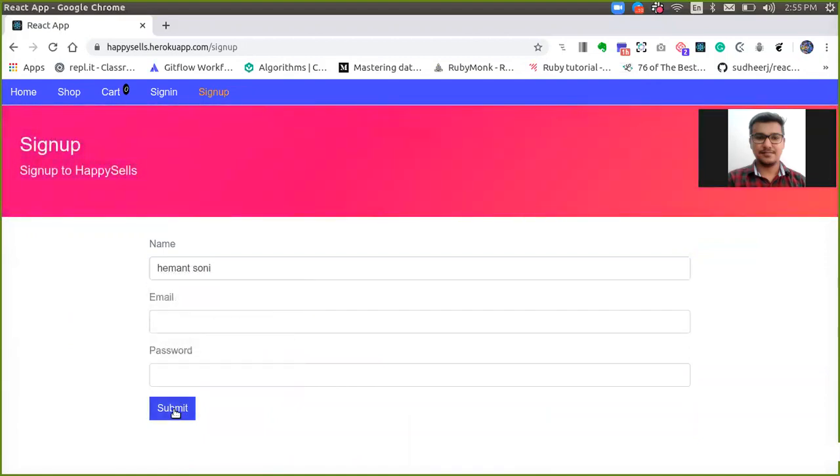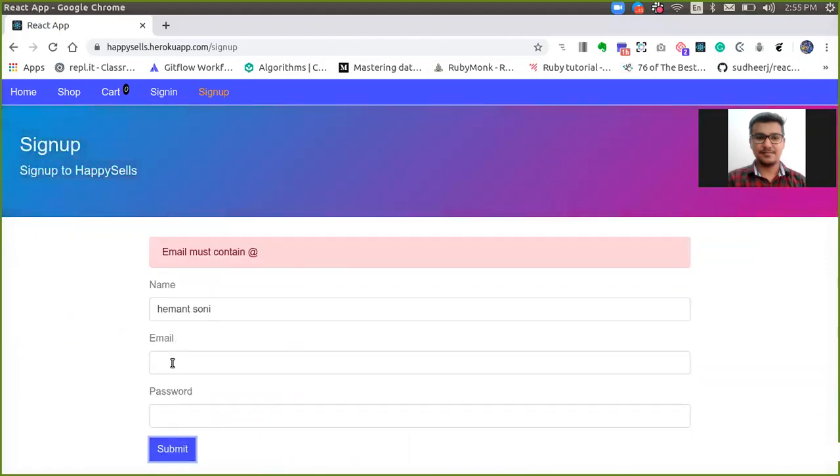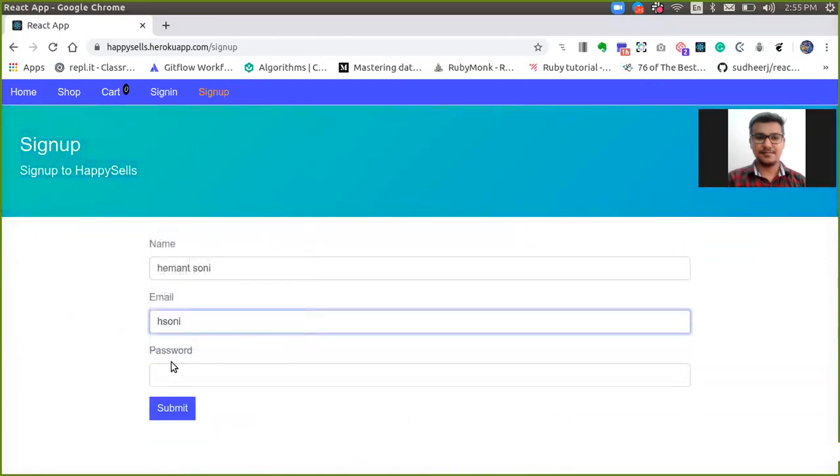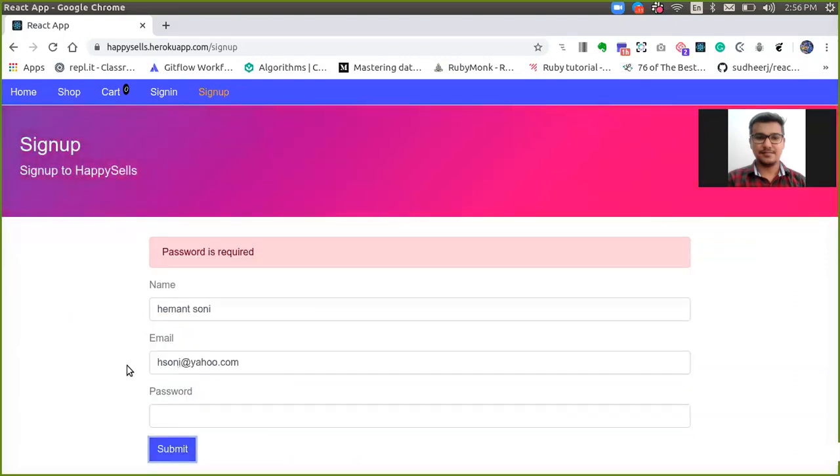If I am not able to give an email address or password, then again an error will come. After that I will give a new email at yahoo.com. And if I don't give the password, again it will give me an error that password is required.